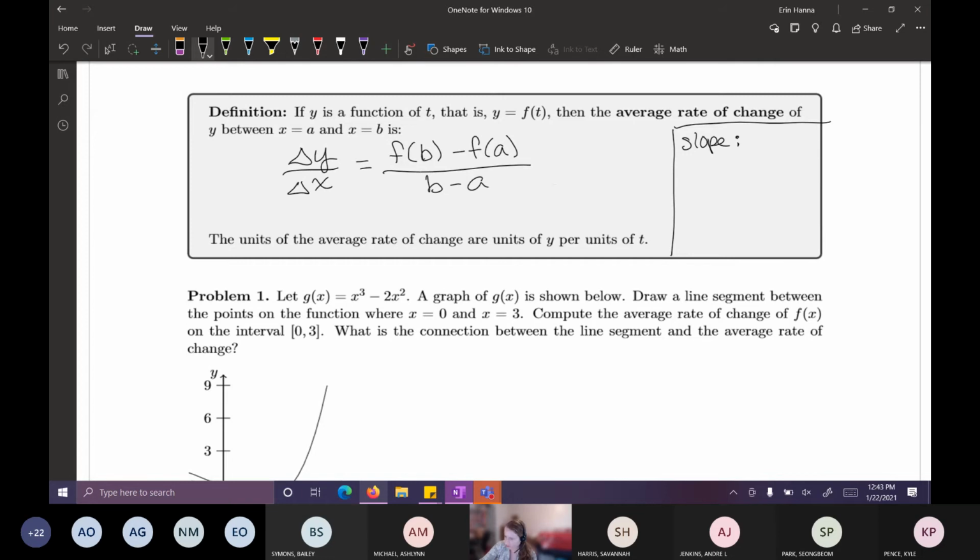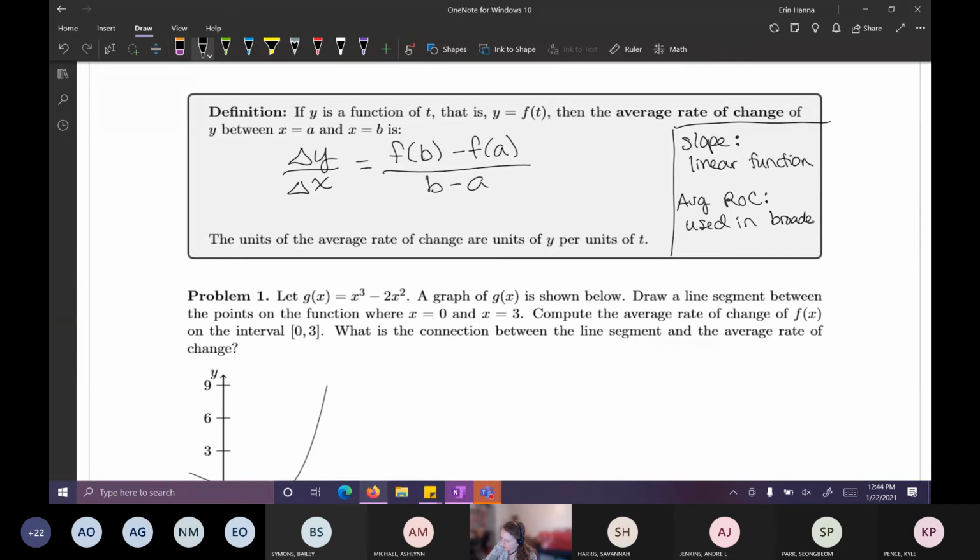When I say the word slope, I want to be careful how I phrase this. This is specifically talking about like a linear function, a straight line. For the average rate of change, it is talking about a line because it's talking about a line between 2 points, but it's used in